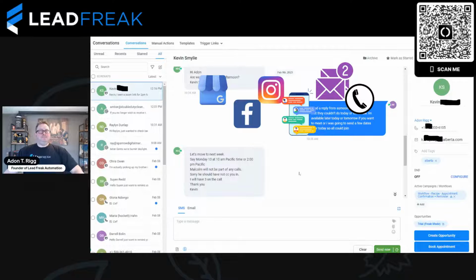Now, finally, we've also integrated automation for when someone calls you and you are unable to take the phone call. Now, 62% apparently of small businesses do not answer the phone. It either goes to voicemail or it doesn't get returned at all. What's going to happen now if someone calls your business, even just once, and it rings once and they hang up? Within about 30 seconds, it's going to automatically send a text to